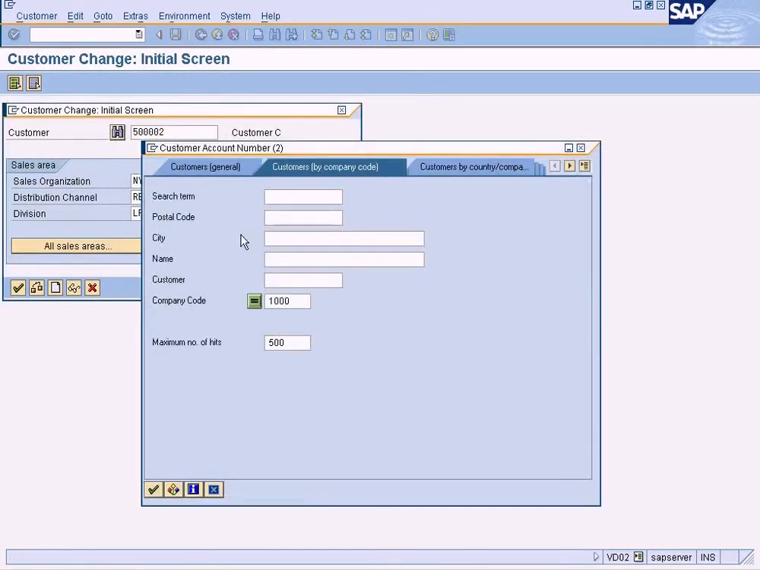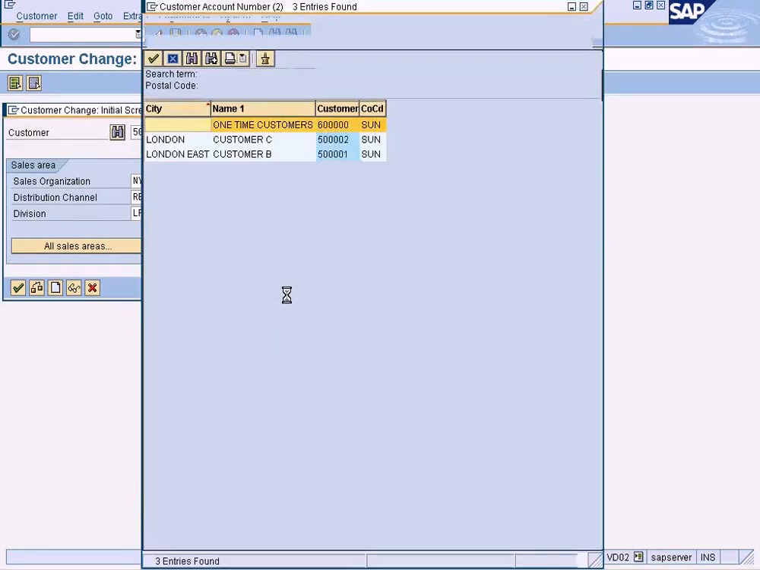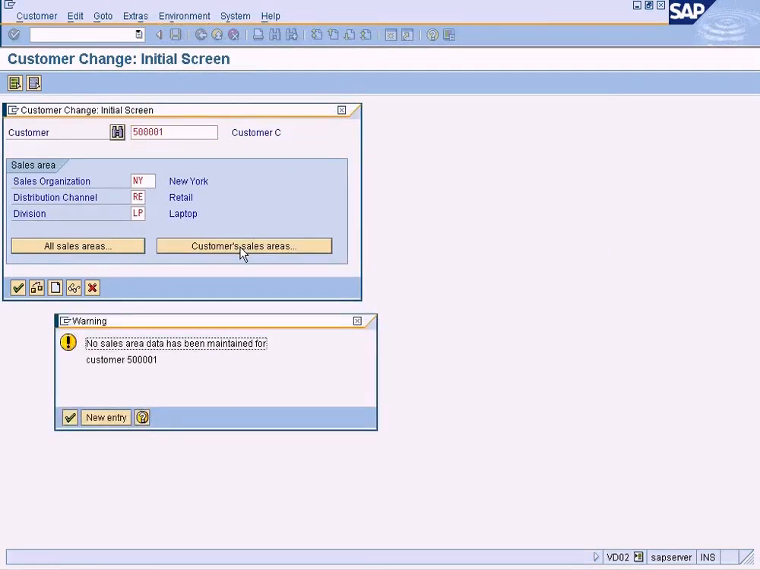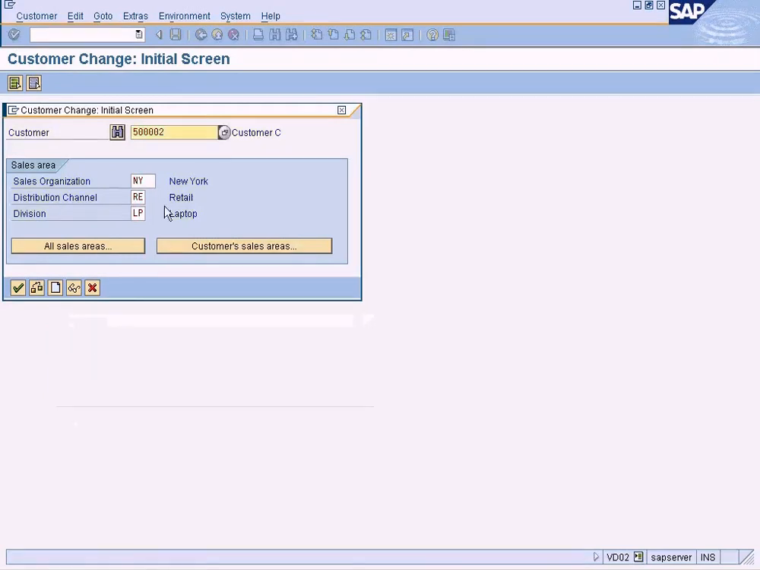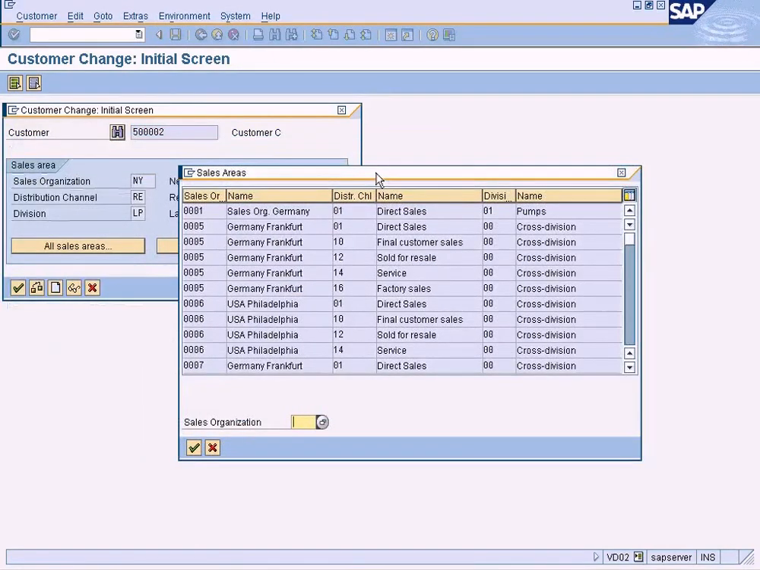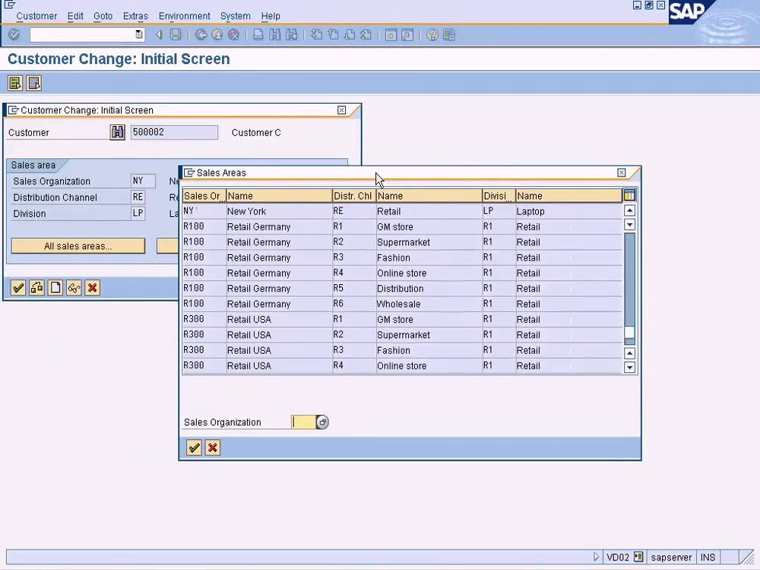Okay, so if you are not sure whether the sales area has been created for a customer or not, for example, if I select the other customer, customer B, and if I hit customer sales area, it says no sales area data has been maintained for customer 50001, because I have not created one yet. So you can check all the sales areas that are available here with complete sales area data,